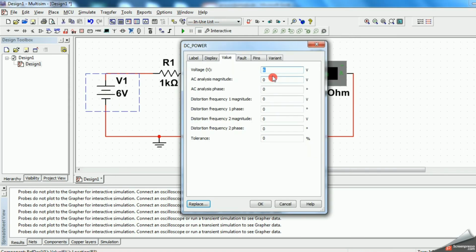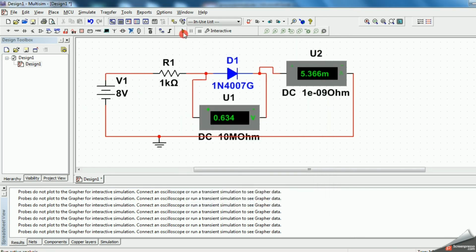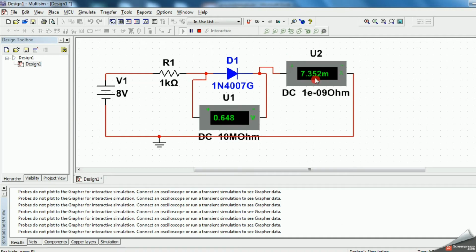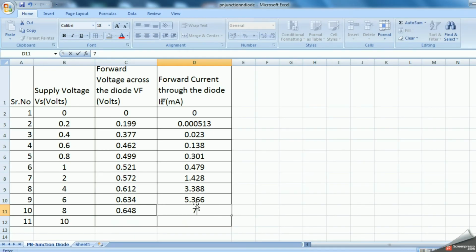Next make the supply voltage 8 volt. Okay, play. The voltage across the diode is 0.648 and current through the diode is 7.352 milliampere. And the last reading is,